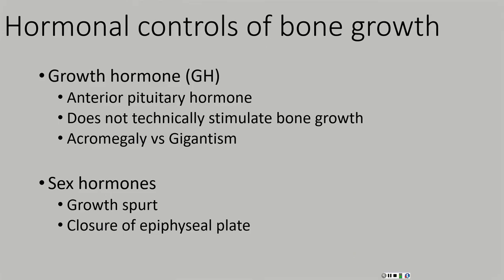Okay, so let's talk about some other hormones, the sex hormones, estrogen and testosterone. Both males and females release both estrogen and testosterone. It's just males have more testosterone, females have more estrogen typically, but both release both hormones. And these sex hormones,